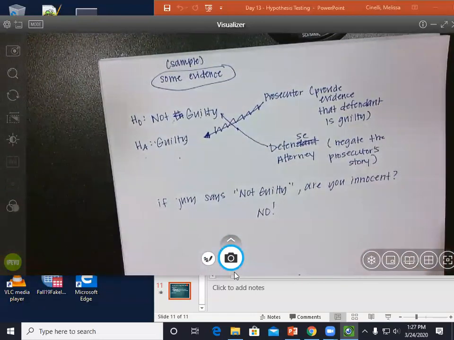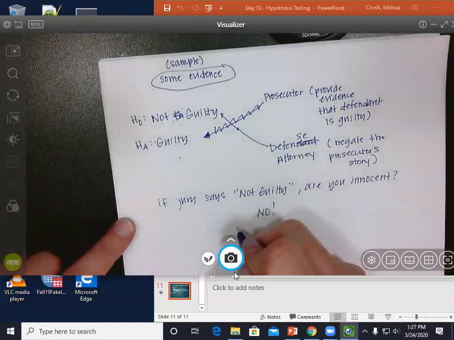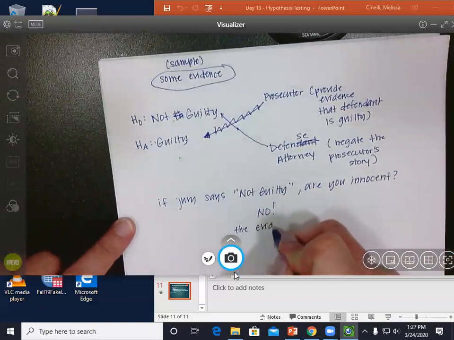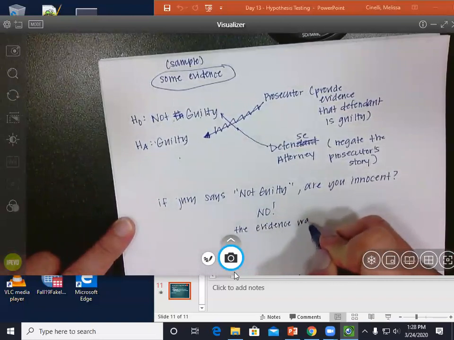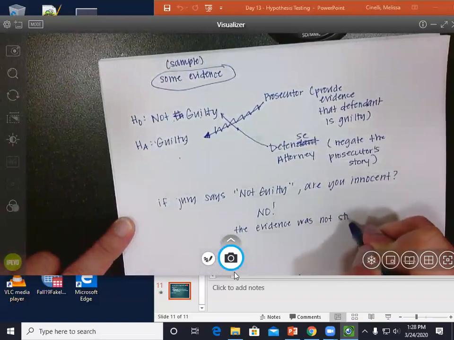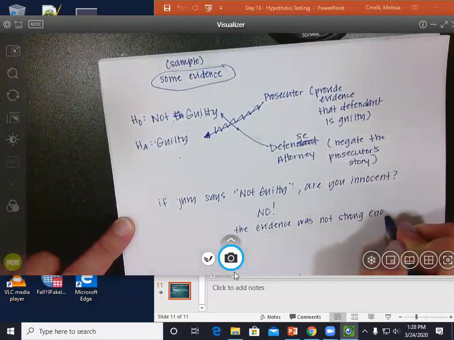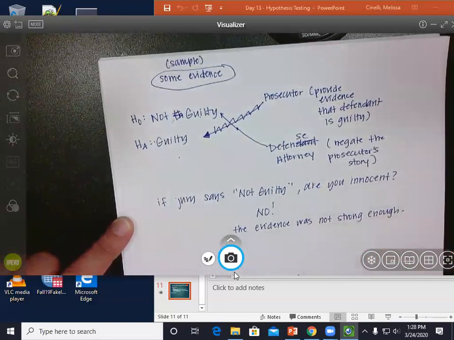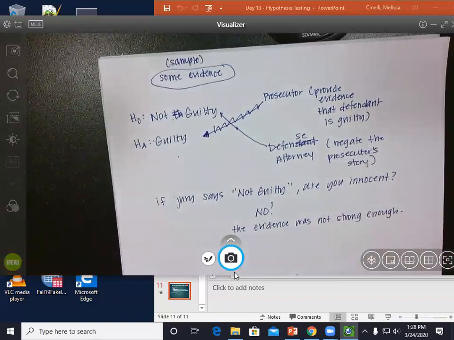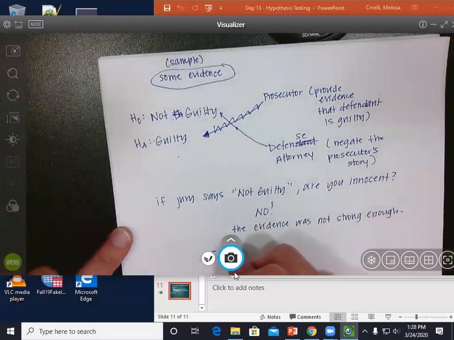If a verdict comes back of not guilty, that does not mean that the defendant is innocent. It means the evidence was not strong enough to support a guilty verdict. It's possible that the jury says not guilty and the defendant really was guilty. They really did do it. And if the defendant really was guilty,